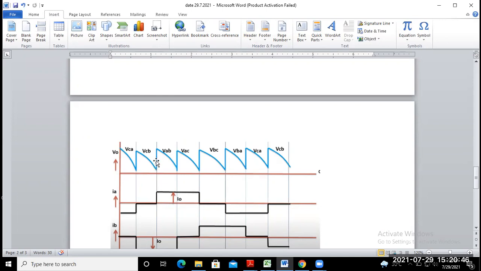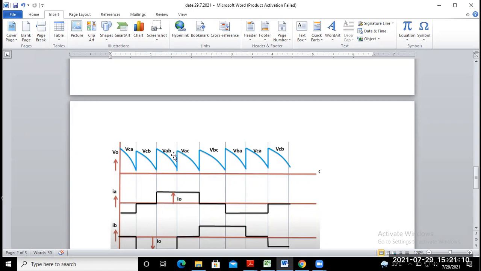Again VA appears at this instant, voltage VAB, that means VA minus VB. So VA is positive, and the current goes to the positive value of I0, the output current. Up to this point VA is positive. This one is VAB, that means VA minus VB, and this is VAC, that means VA minus VC.